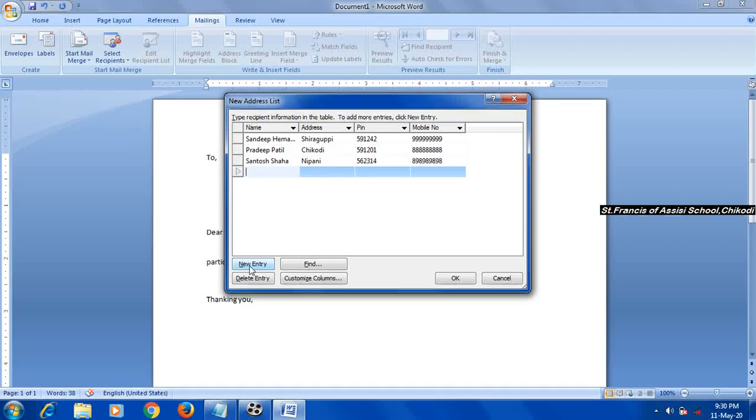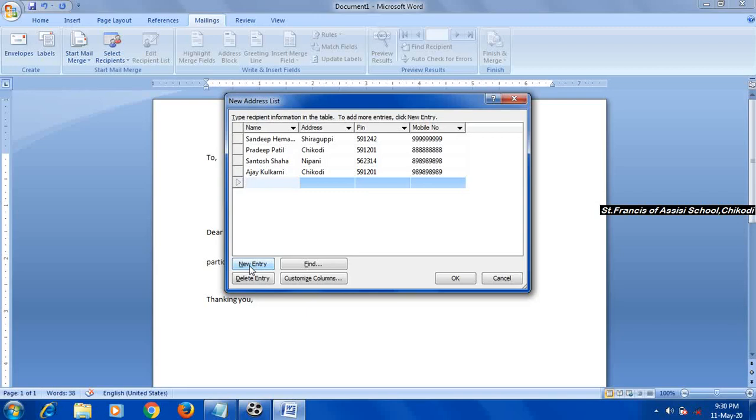Next row, Ajay Kulkarni, he is from, let us add, Chikkodi, 591201, then the phone number. So for my database, 5 names are enough.